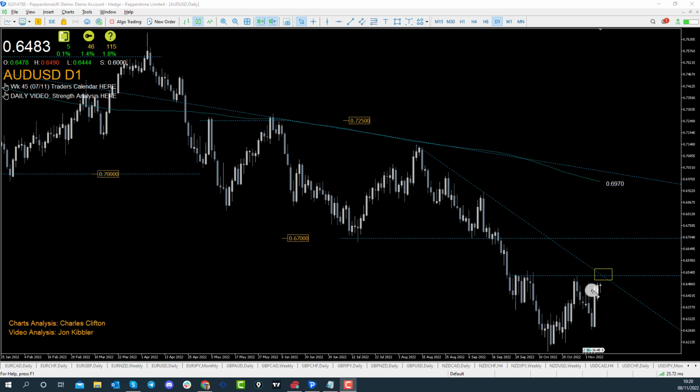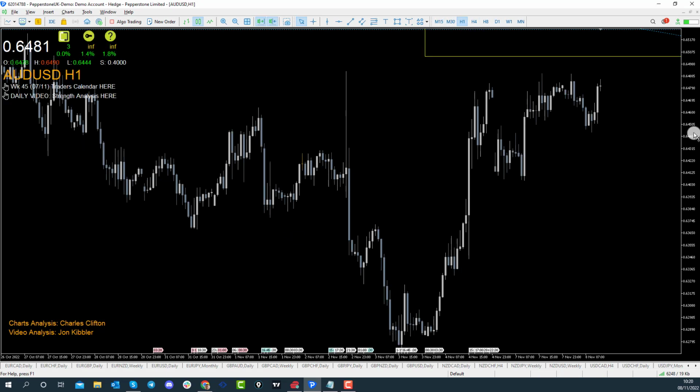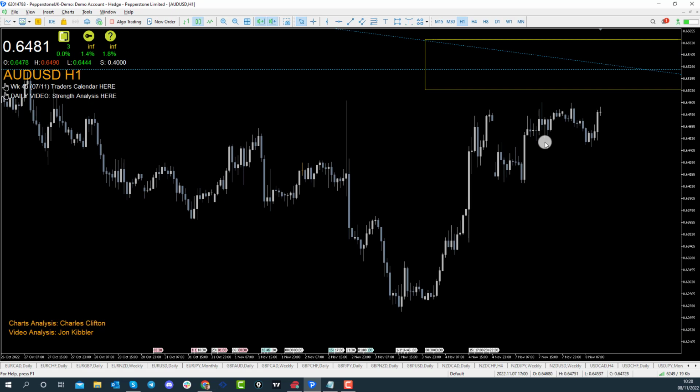So I think what we're going to be looking at is short-term moves into that area on a lower time frame. If price breaches this area, it would open the door for a move up to the 0.67 handle. However, if price holds here, then we could see another return back down towards these lows down through here. So what I'm going to do is just move lower. We're going to go to the lower time frame, see what the lower time frame is building at the moment,